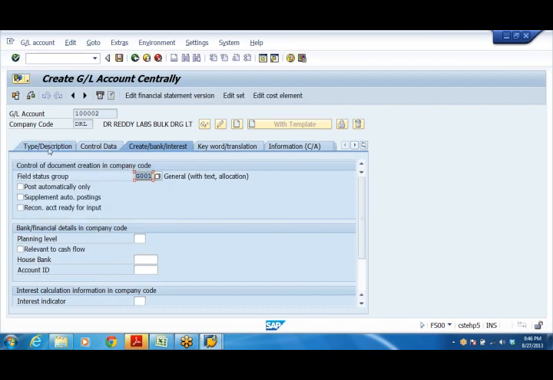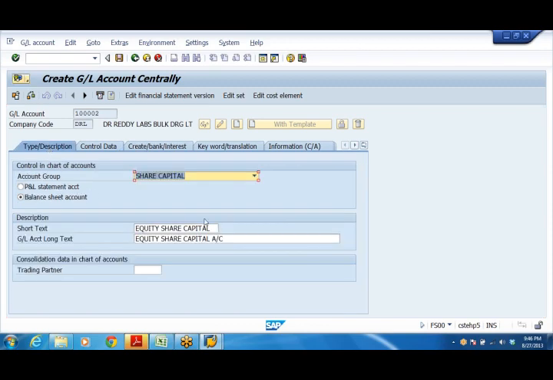So everything is same, that's why I have copied. But change the description. Preference share capital. That's all. Rest of these parameters are same.